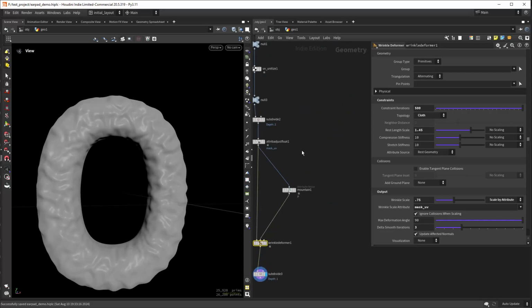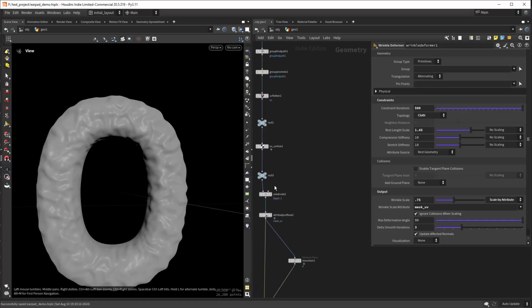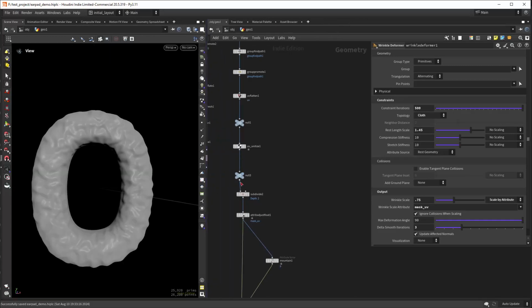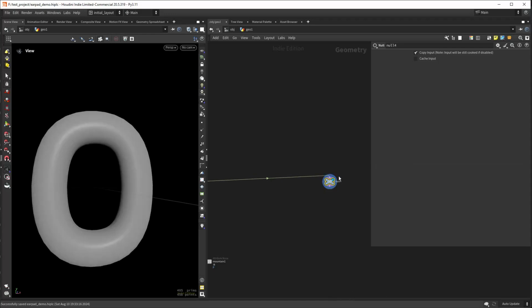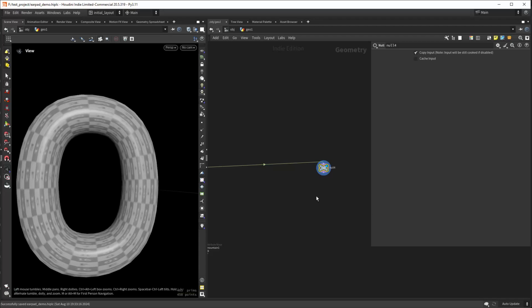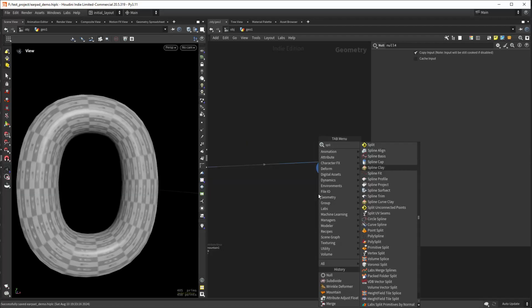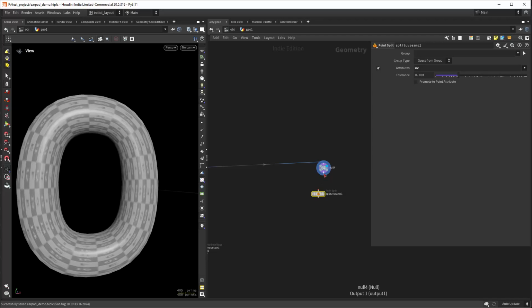So we will need to create those masks, and let me just check. We need to start in here. Let's create another null. And we have the UV, so let's split the UV seams and promote it. I'm not sure this is needed, but